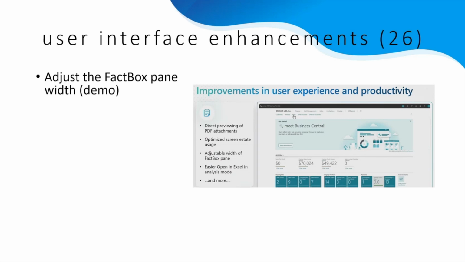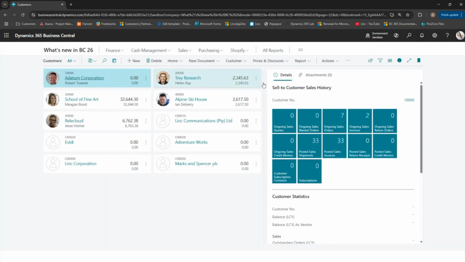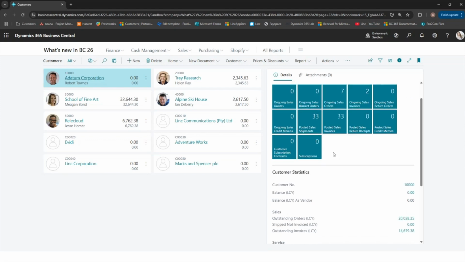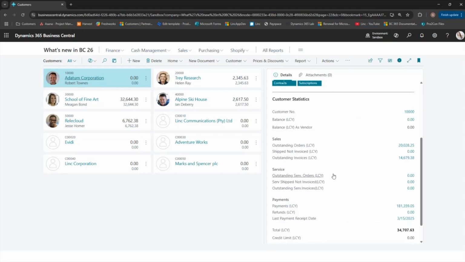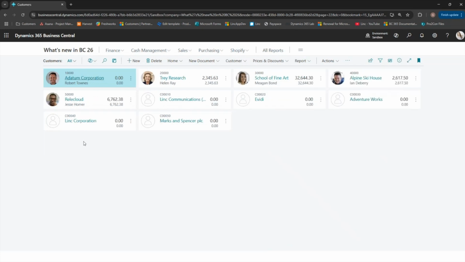So if I go to Business Central, you can see I'm now in version 26, just to show you this functionality. As you know, if you go to customers, or any other pages, this fact box pane can always be a nuisance in a way, but it could also have a benefit of seeing, for the specific customer, some historical information, sales, or any open or closed documents. And you would always want to just close this fact box pane so that you can have more flow in